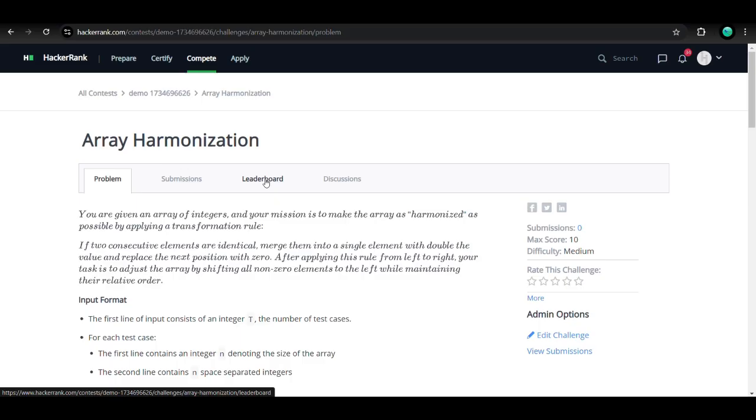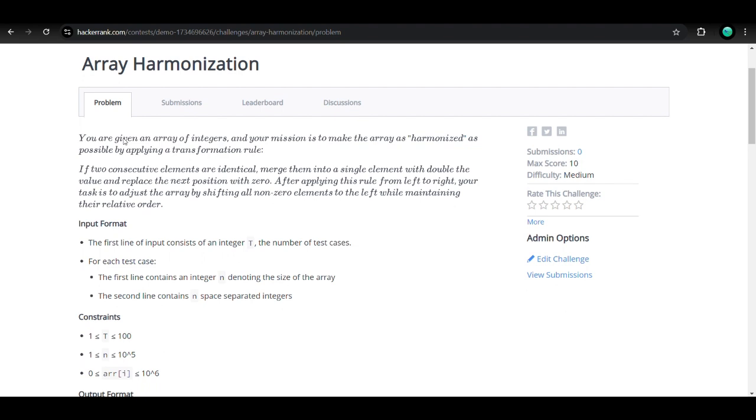Hello guys, we'll be solving the problem array harmonization. So let's take a look at the problem statement. You are given an array of integers and your mission is to make the array as harmonized as possible by applying a transformation rule. If two consecutive elements are identical, merge them into a single element with double the value